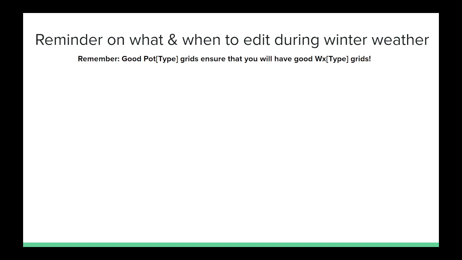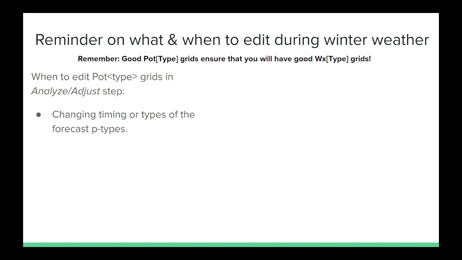A quick reminder here on what grids and when to edit them during winter weather. The good statement here is, if you start with good probability of type grids going in, then the WX grids later on will be good as well. So when might you want to edit the POT grids? This happens in the Analyze Adjust step. This might be something like where you're looking at a faster changeover time from rain to snow, or just changing types. You want more rain versus more snow. You can also edit the POT grids when you're thinking about how the QPF is going to be divided up